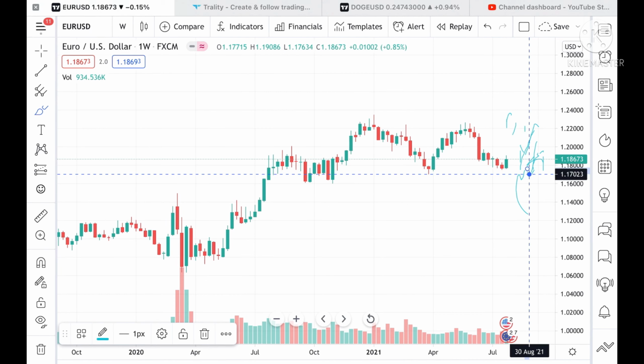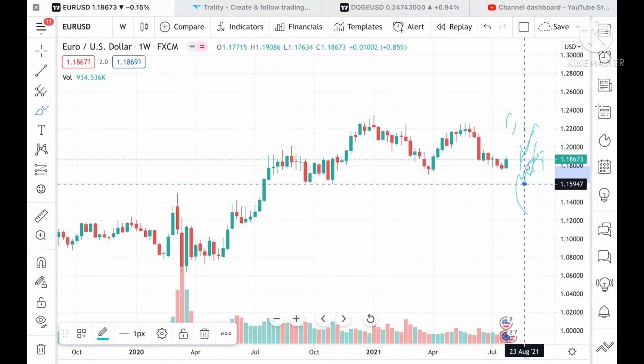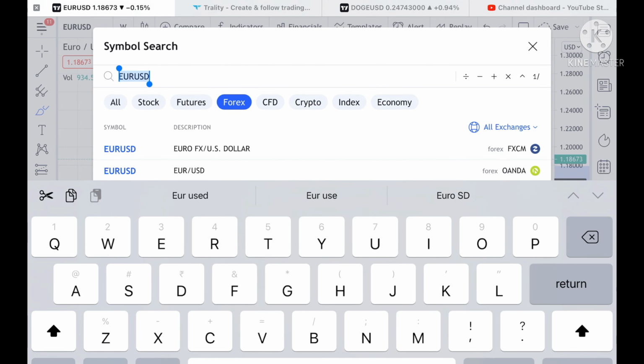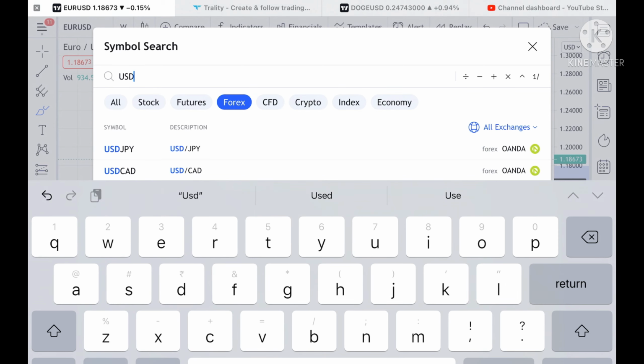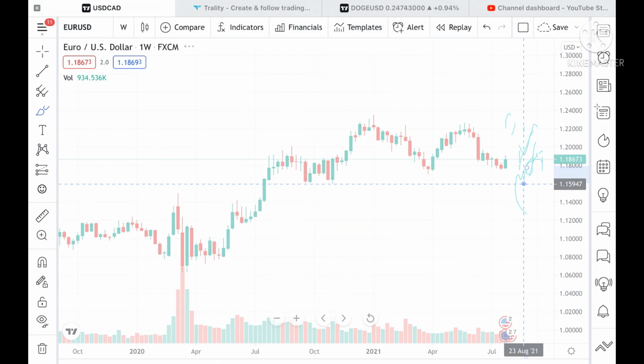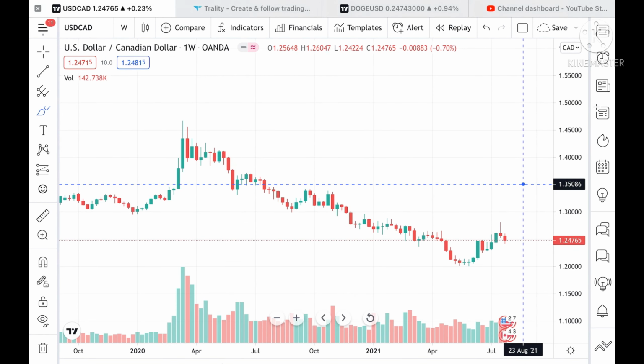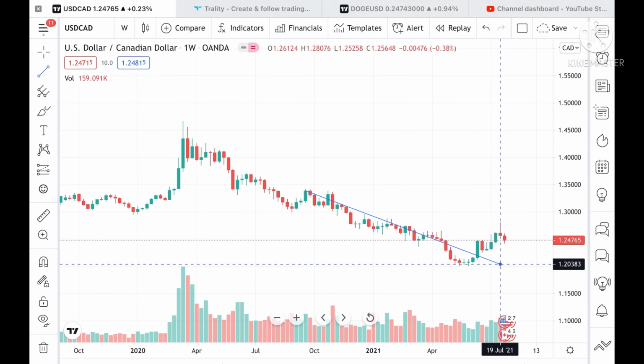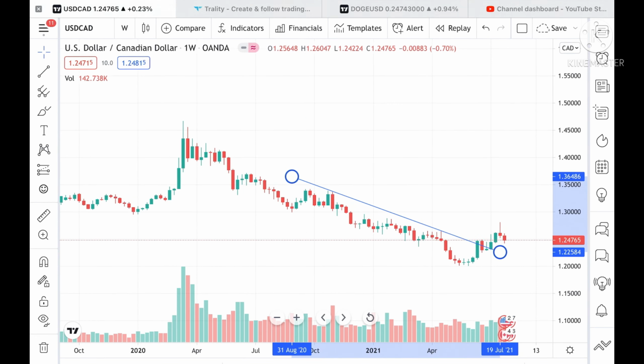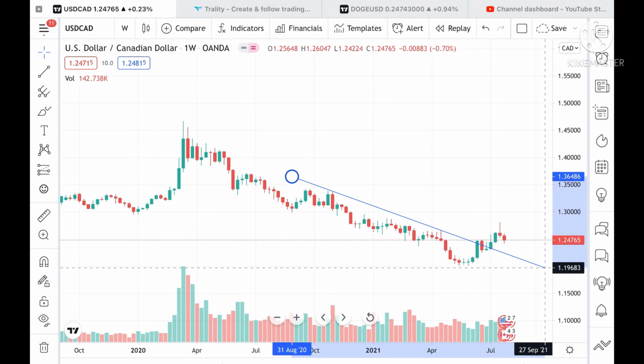If we talk about USD CAD, see what we can see here in the USD CAD. If you make a trend line, we can understand that if it goes below this level, because see, if you look at the trend line,